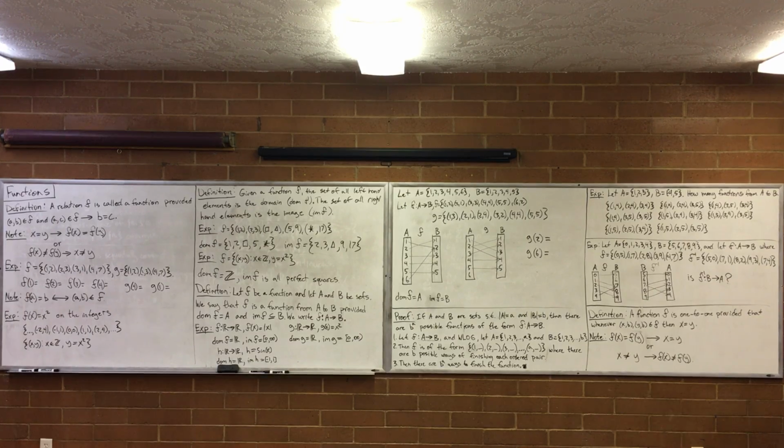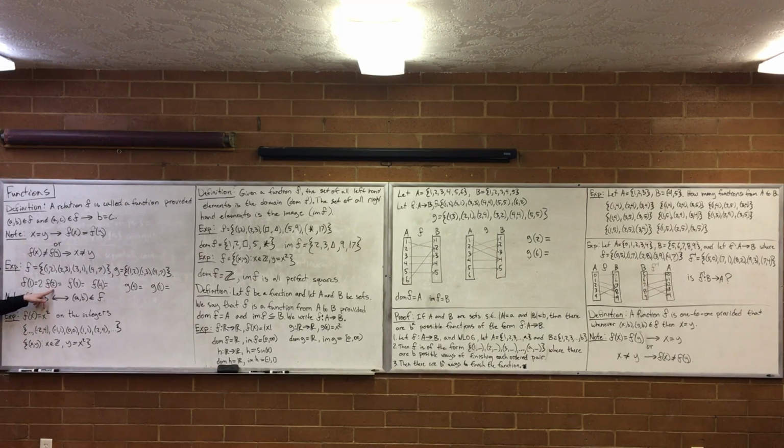Alright. Let's look at some examples and talk about some notation. First off, here's F, a set of ordered pairs. Is it a function? Yeah. Does every left-hand value go to only one right-hand value? Yeah. 1 only goes to 2, 2 only goes to 3, 3 only goes to 1, 4 only goes to 7. Okay, we're good. And then we have this notation. What is F of 1? When we write F of 1, we mean what's on the right-hand side of 1, or what 1 was mapped to. 1 was mapped to 2. So F of 1 in this case is 2. That's what the notation means.